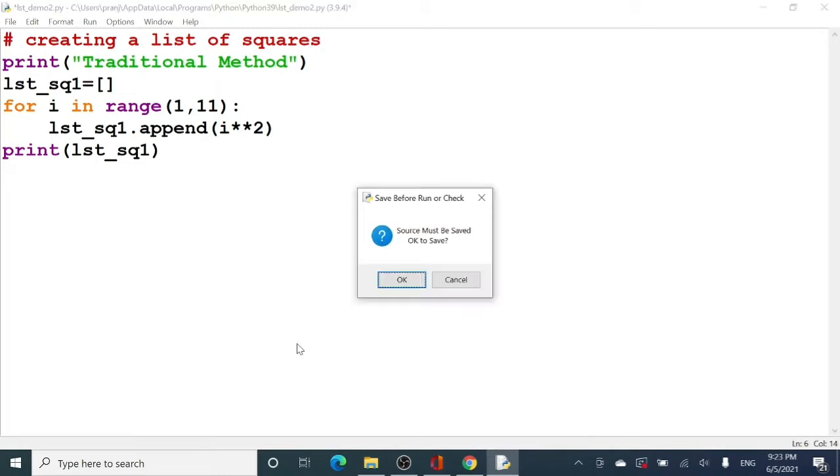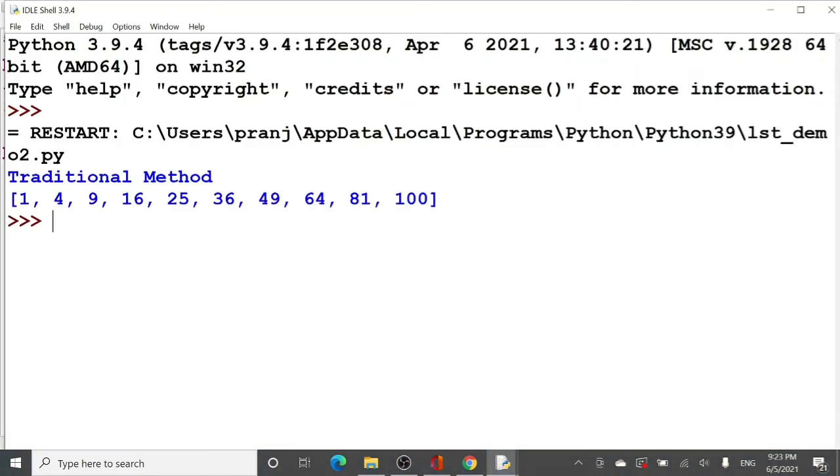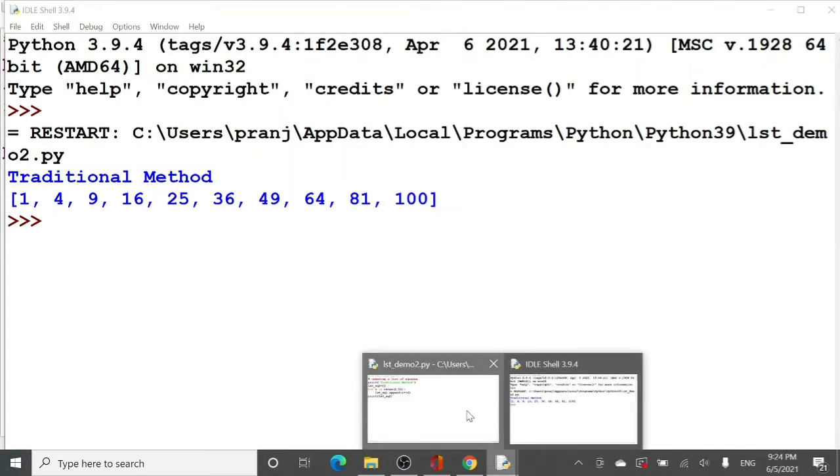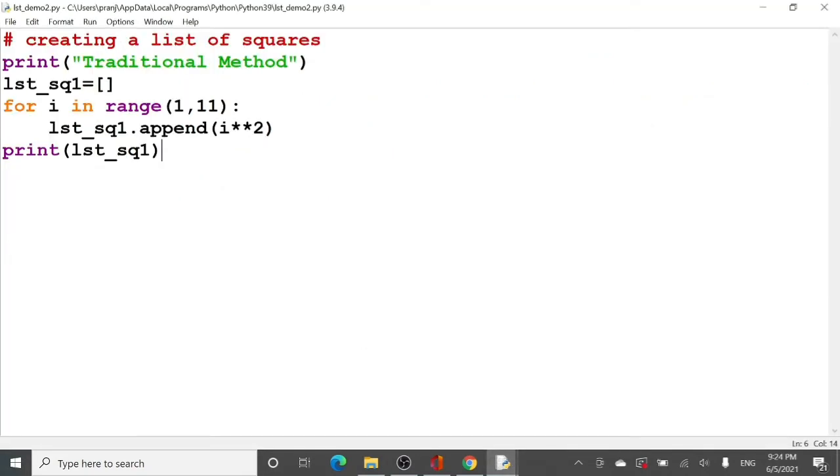Let us first run this code and see what we are getting as an answer. Here you can see that what I got is the squares of the first 10 natural numbers with the traditional method. Now let us see how we can make this code concise by using list comprehensions.